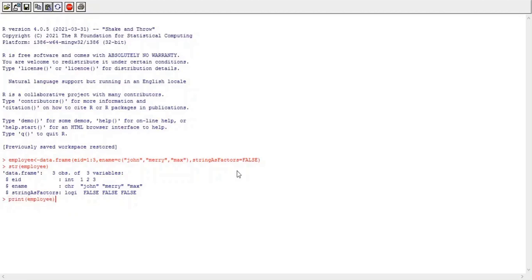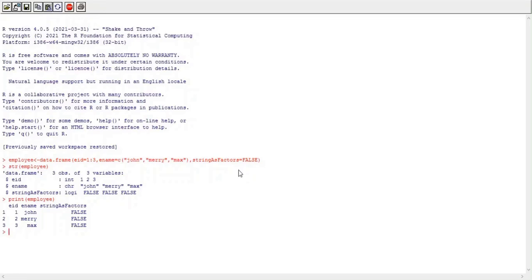So print employee, here I am using the print function. You can simply write the name of the data object, that is employee. See, this is my data frame. It consists of two columns, employee ID and employee name. Okay, so this is how we can create a data frame in R.